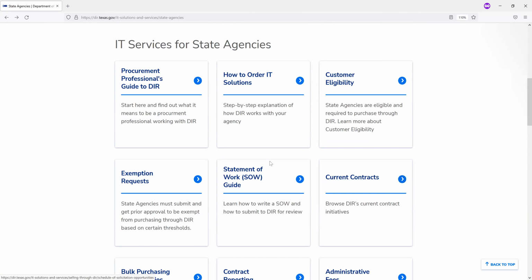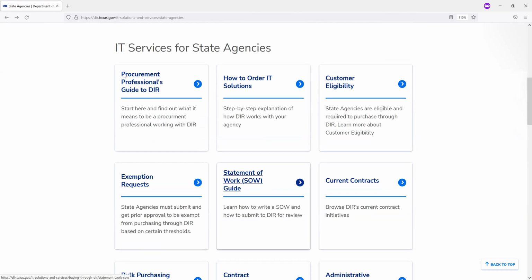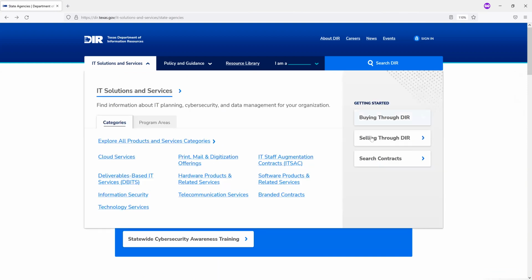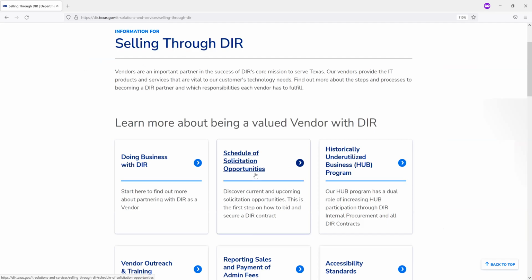Let's take a look at the schedule of solicitation opportunities. So our previous page that I'm referencing is the current contracting initiatives, or the CCI page. It's been updated to the schedule of solicitation opportunities. I thought that was a little bit more apt for what was on the page.